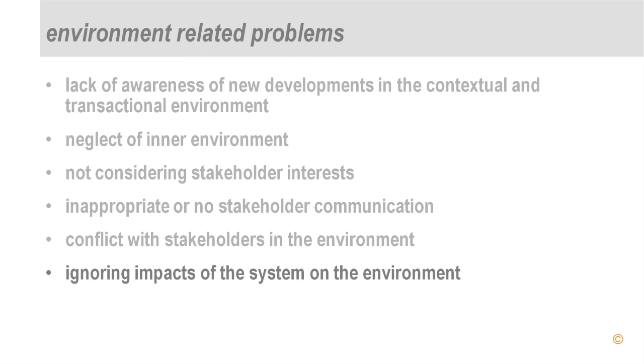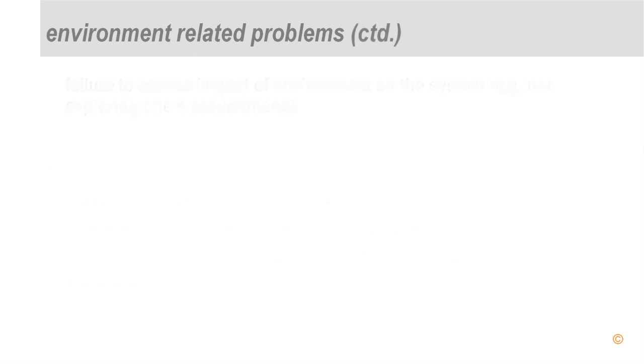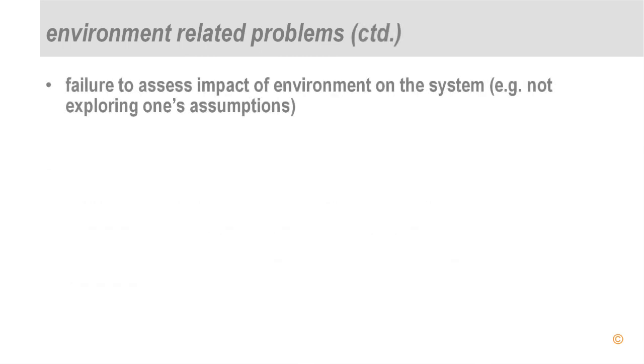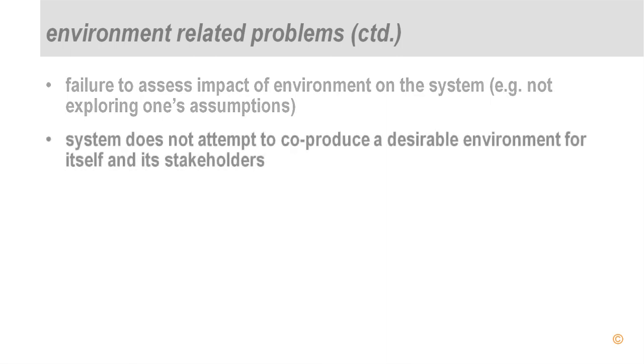Some organizations do not interpret the environmental changes correctly. They do not explore their own assumptions and assumptions associated with the impact, and they react wrongly as a result of that. And many systems do not attempt to co-produce a desirable environment for itself and its stakeholders. In the context of supply chains,